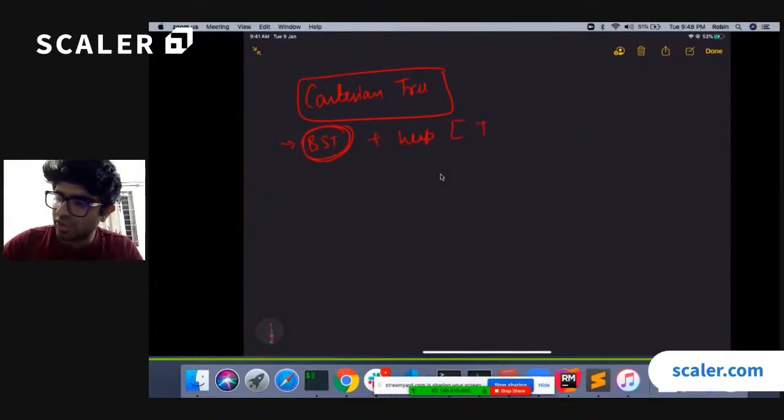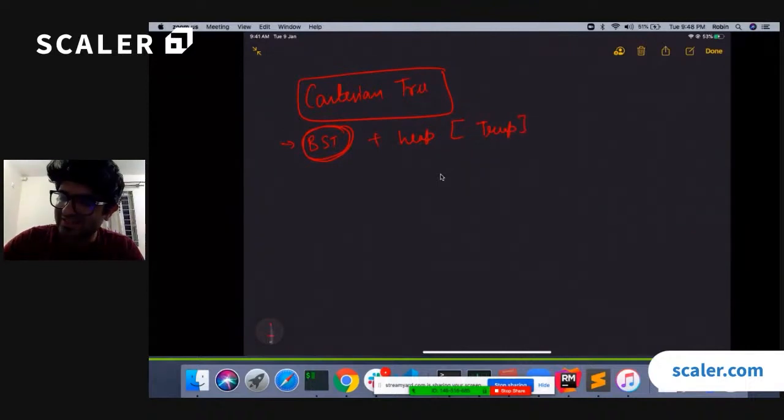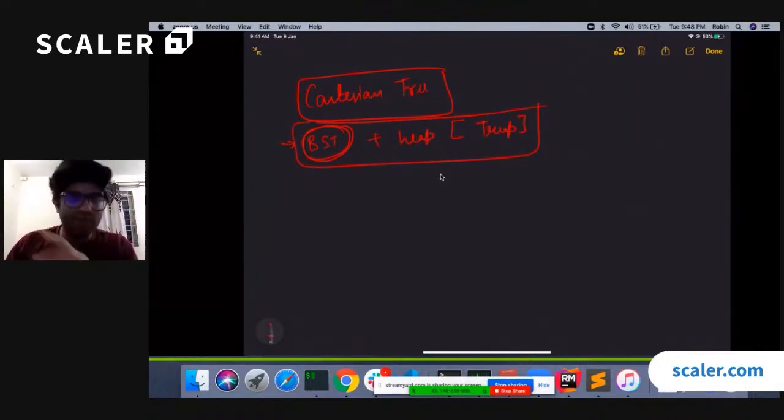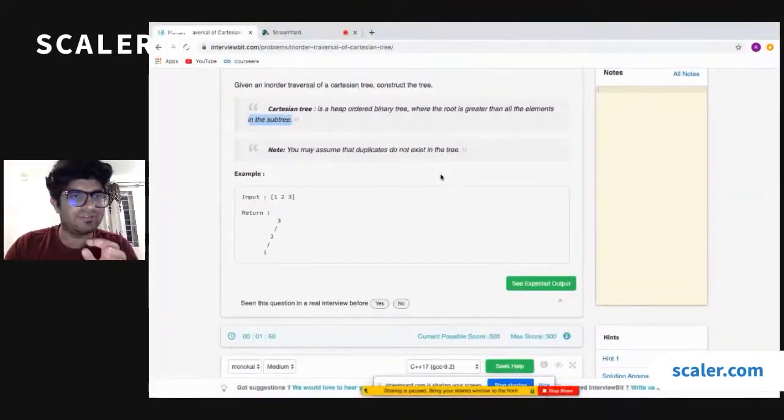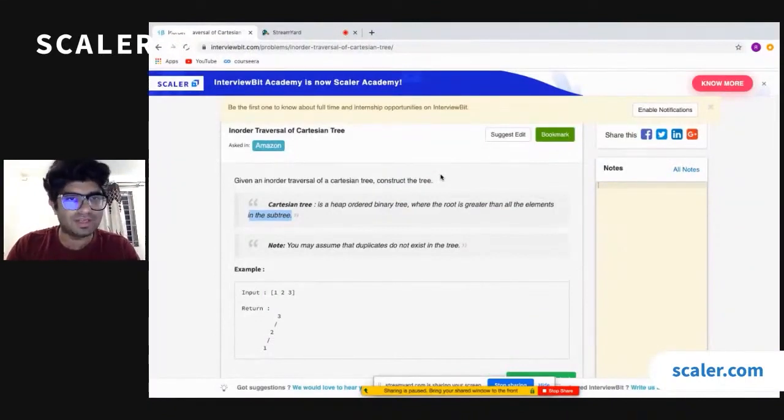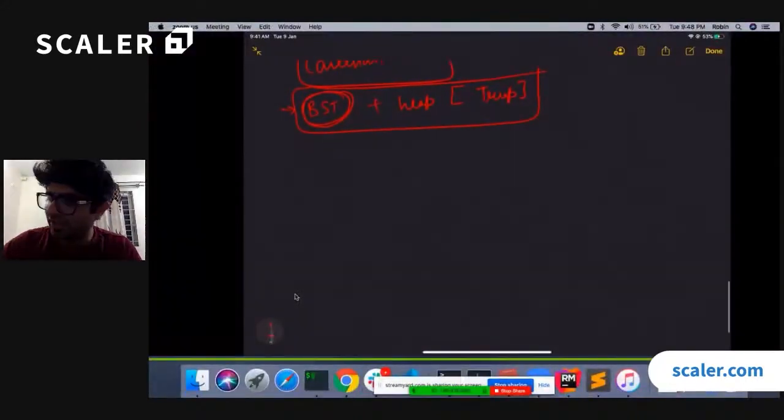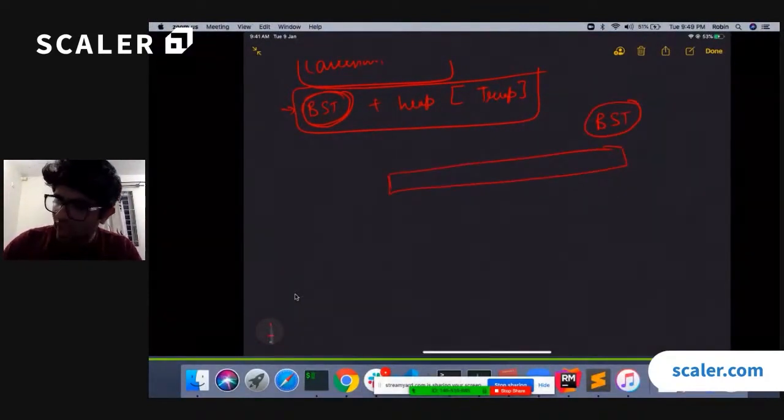The way we have been given a Cartesian tree is in the form of its in-order, because we know that if the given tree is a BST and we are given some specific in-order,